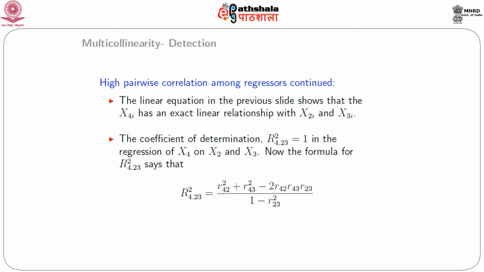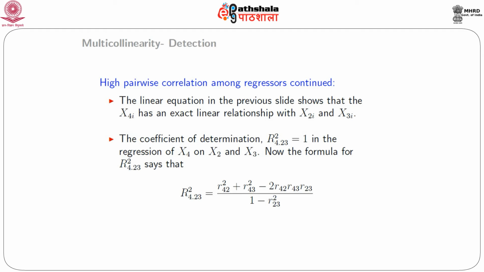Now the coefficient of determination, denoted by R square 4.23, equals 1 in the regression of x4 on x2 and x3. Let me tell you here, when we look at the relationship between x4 and x2, x3, this can be thought of as a regression equation where we are regressing the dependent variable x4 on the 2 independent variables x2 and x3. So from this regression equation, if we obtain the coefficient of determination, we will write it as R square 4.23,